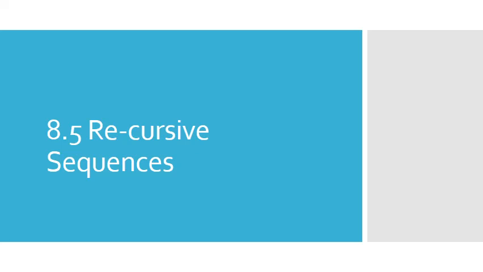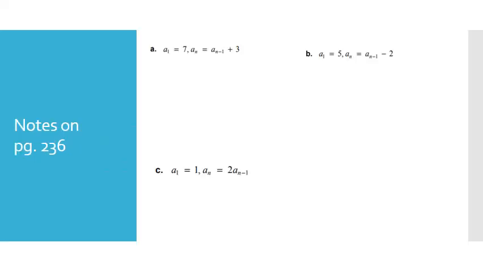Now we're going to look at our last type of sequence, which is a recursive. All recursive means is that you take the one previous and you either add to that or subtract from it. So that's pretty interesting. See what you think. Okay, here's an example. These instructions on page 236, the instructions for these would say to write out the first